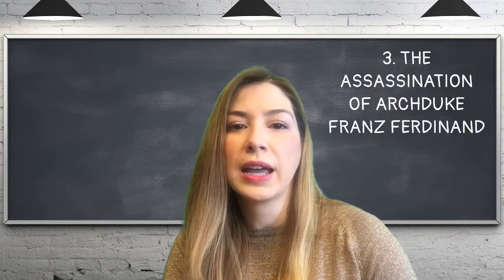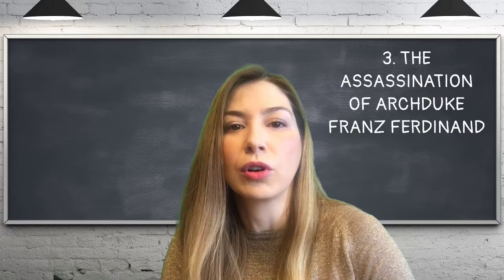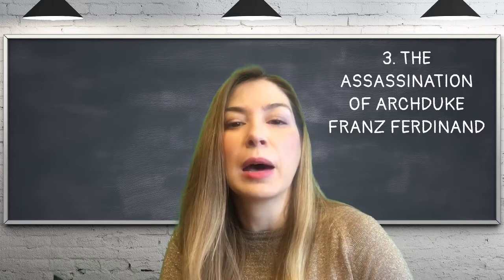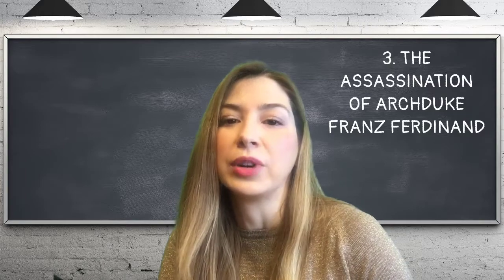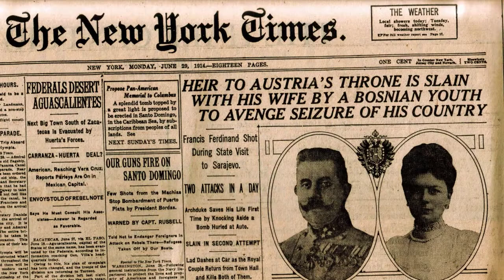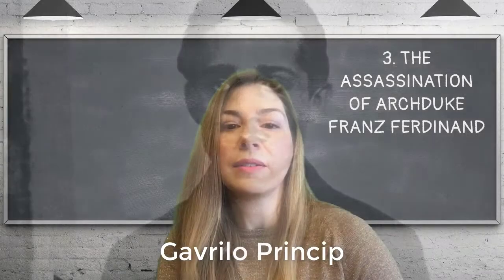On June 28, 1914, Archduke Franz Ferdinand, heir to the throne of Austria-Hungary, was shot dead in Sarajevo by a Bosnian Serb called Gavrilo Princip. Princip belonged to an organization that wanted Bosnia to leave Austria-Hungary and become part of a Slavic nation led by Serbia. Austria blamed Serbia and issued an ultimatum with 10 demands. Serbia was given 48 hours to accept.